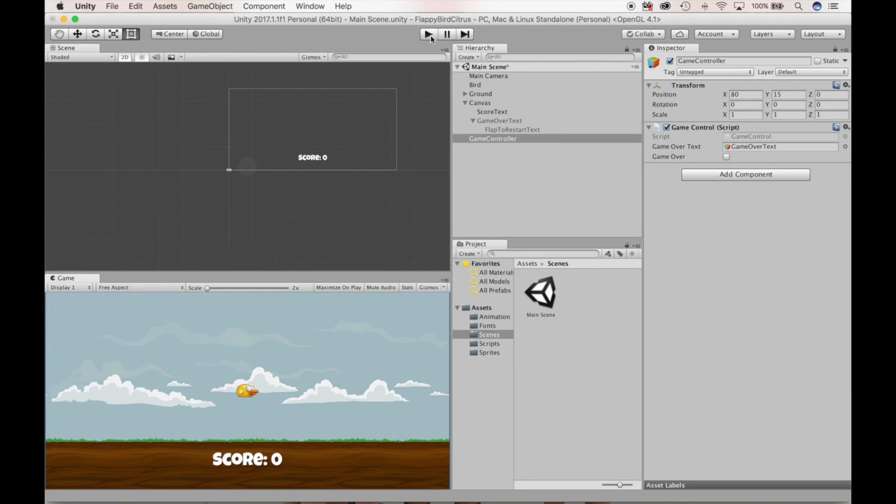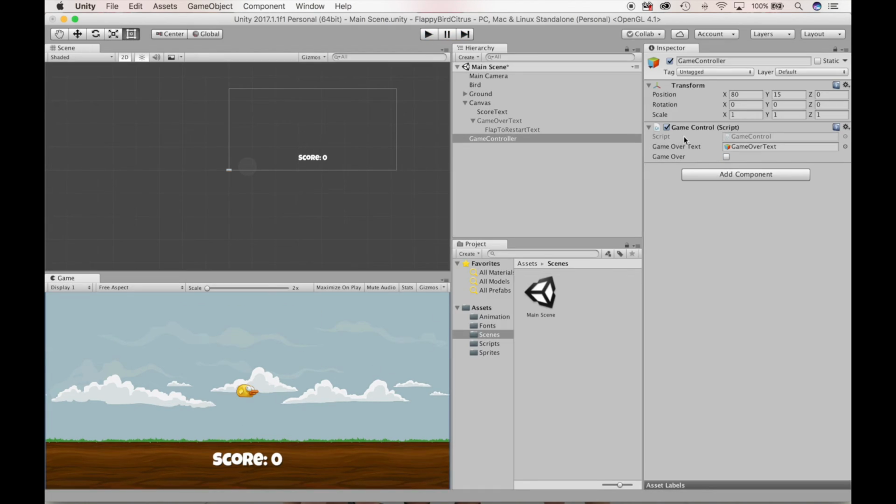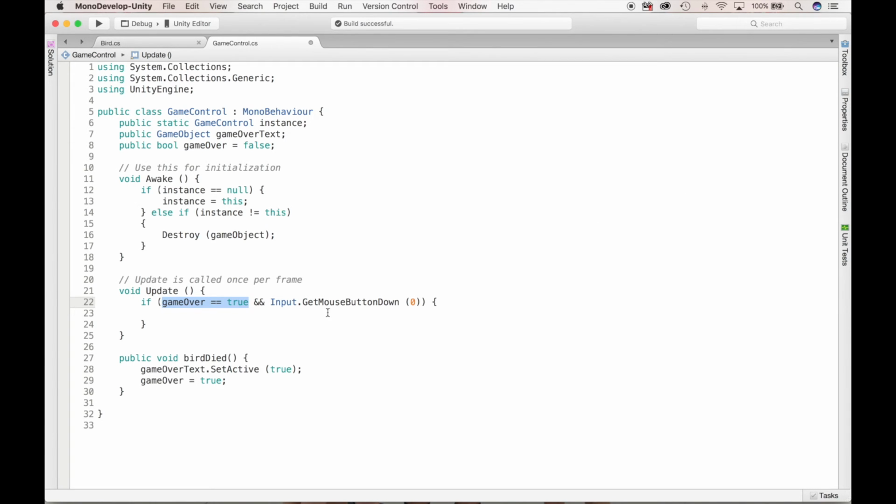Let me do this here. Start this game over state. Now we're in the game over state. Did you see that? As soon as we died, the game over state activated. All right. So if these two things have happened, then what I want to do is reload